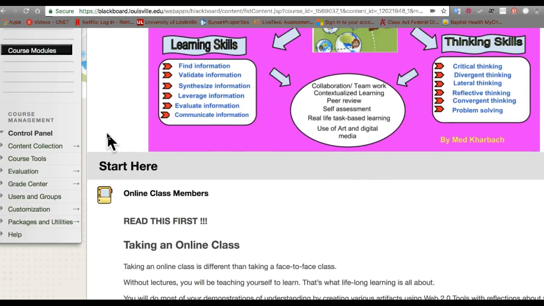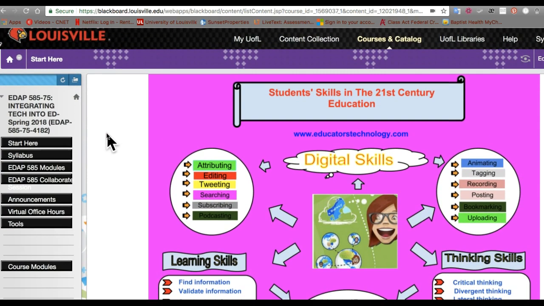Over here on the left-hand side, if you are coming into class online, I'm going to show you in a few minutes how to do that. If you come to class online, you can do it in 2 different ways. One way is you can come on the night that we meet, Thursdays at 4:30. That's called synchronous mode. You will be there at the same time as everybody else. But you also have the liberty of coming in asynchronous mode, meaning every class will be recorded. Those recordings will be posted here for you to see, and you will receive an announcement from me that the recordings are available.